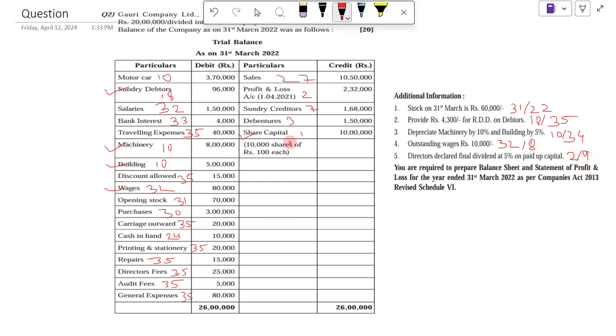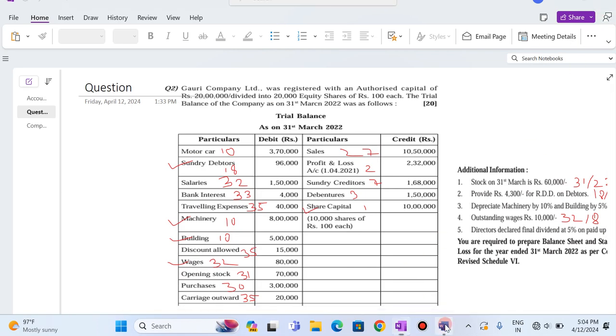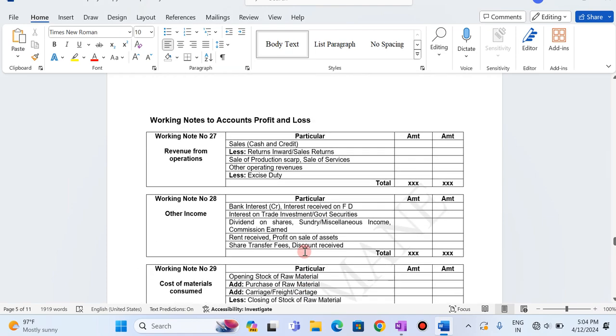Okay, so after writing down the note numbers in front of each particular, it will be easy for us to know directly that we have to post this entry in this note number. Like for example wages, we have written 32, so we will open working note number 32, and there we will pass this entry. Okay, now I will show you once again the notes which I have prepared. Okay, see,